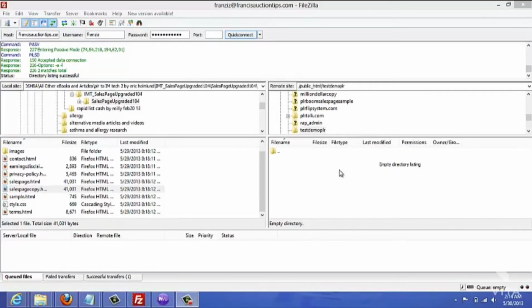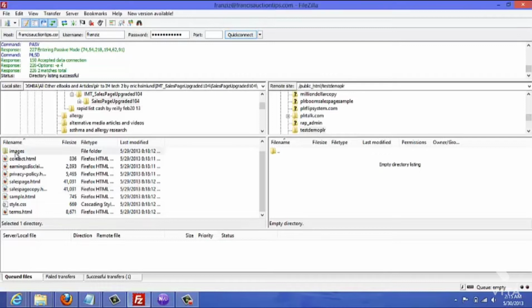In this video, I'm going to upload my website through my FTP. So on the left hand side here, you can see all the files in my PLR folder, the reseller files, and I'm just going to highlight all of them